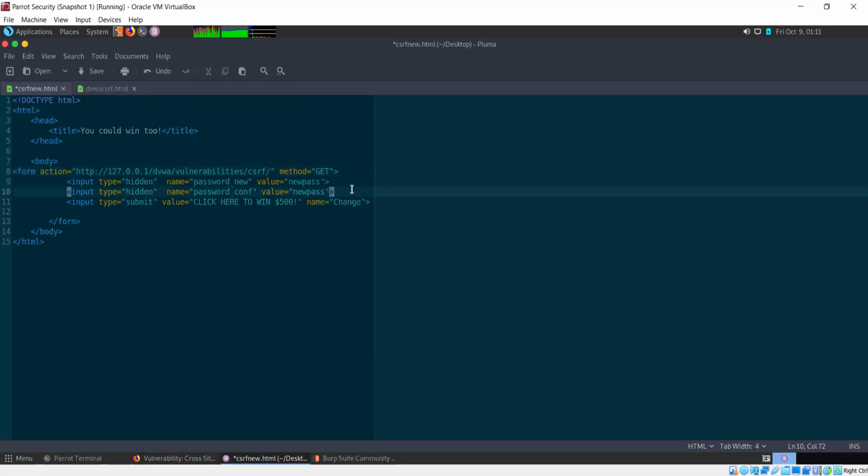The button that the user sees will be in the form of this submit button. It says click here to win. Now let's save this.